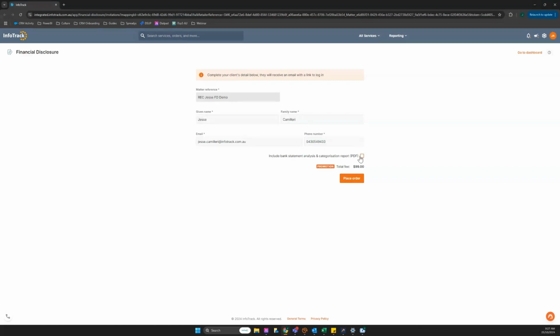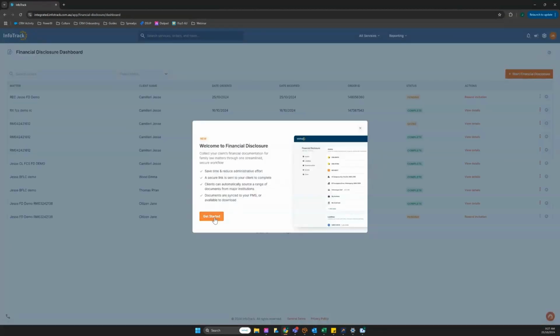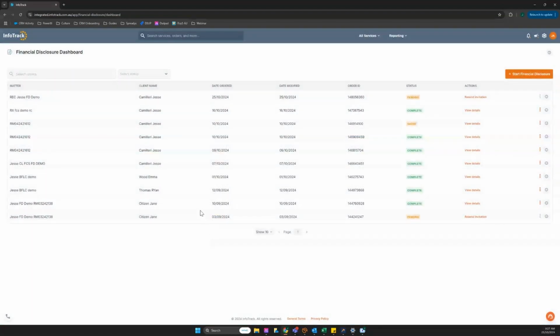We do have the option of including a bank statement analysis and categorization report. So we'll tick that on to see what it looks like, and we'll hit place order. Once we've selected place order, it's going to take us straight to our dashboard here, which we have a couple